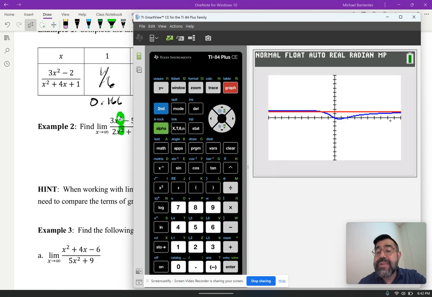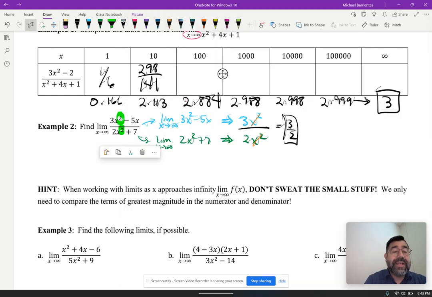As x approaches positive infinity, that means it's moving to the right. The function is getting closer and closer and closer to this red line. It's flattening out, it's plateauing, it's leveling off to this limit in red, which is what we had predicted it was going to do. So just remember, limits at infinity